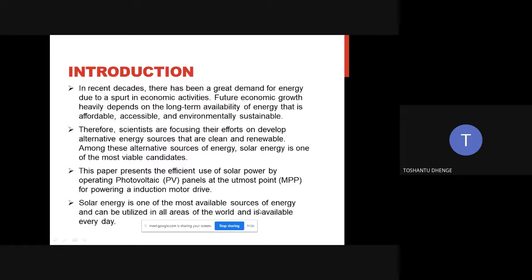So, in past few decades, we have seen a tremendous demand of energy due to continuously increasing economic activities. And due to this increase in demand, the natural fuels are depleting at an alarming rate. Hence, the focus of research has shifted towards more sustainable and cleaner fuels. And one such source is solar energy. This type of energy can be converted to electrical energy by use of photovoltaic cells. But now the issue arises with the extraction of this energy, as solar panels are only efficient below a particular temperature. Hence, to optimize the output, an MPPT system is used along with the converters.